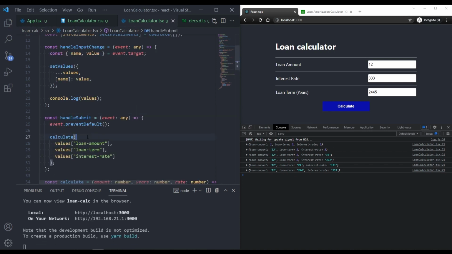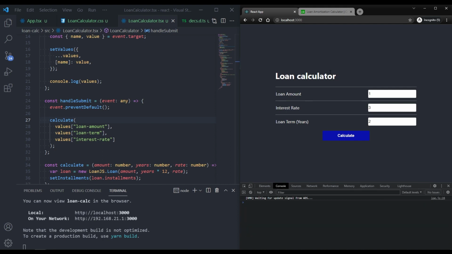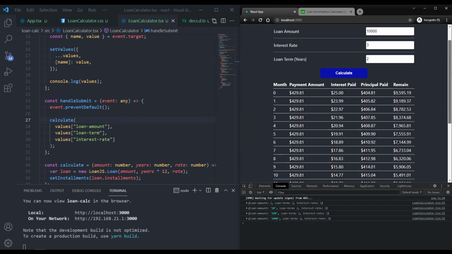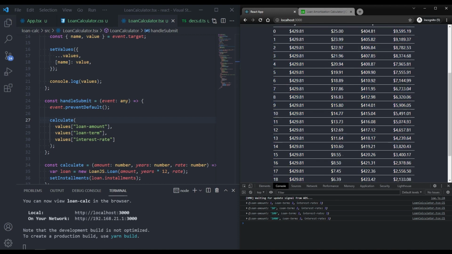So let's format it and see how it is going to work. We refresh the page. Let's say we're going to get the 10,000 loan for 2 years with a 3% interest rate. We click calculate, and now you can see that it is actually working,